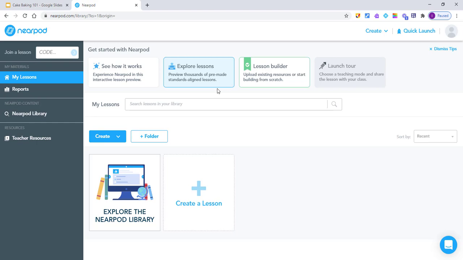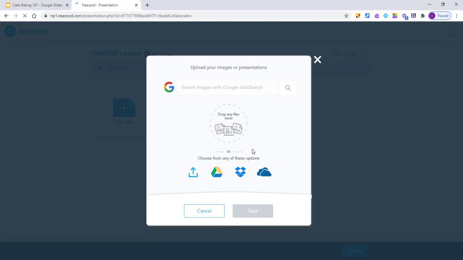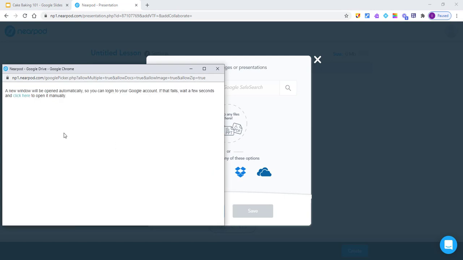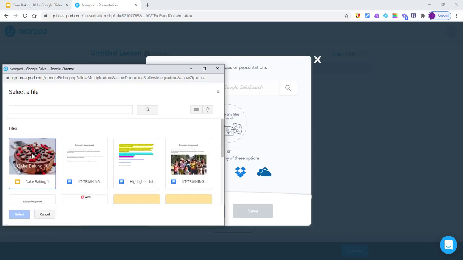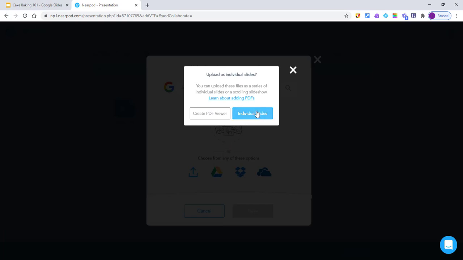To create our interactive lesson, what we're going to do is press Create a Lesson. And then we're going to choose Upload Files. Now here, we could bring in a PowerPoint, but we're going to bring in a Google Slide, so I'm going to press the Google Drive button, and it will know what you've recently been working on. And so mine is this Cake Baking 101. So we select that, bring it in as individual slides,